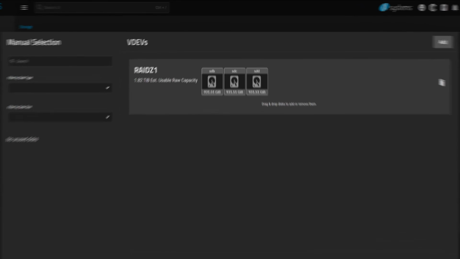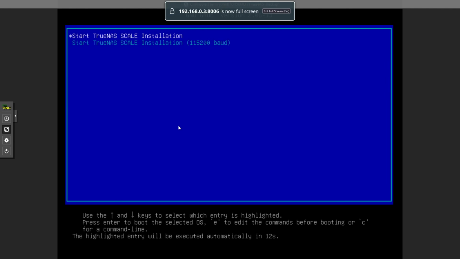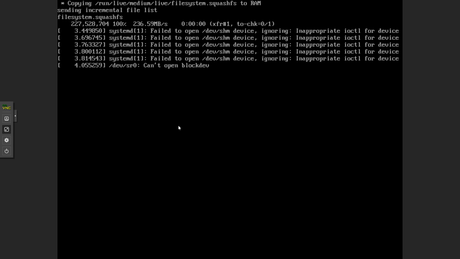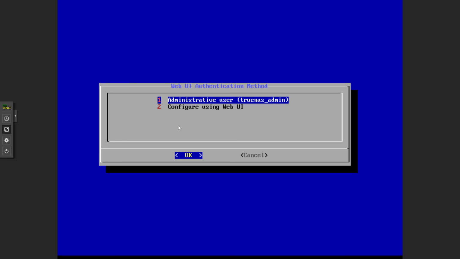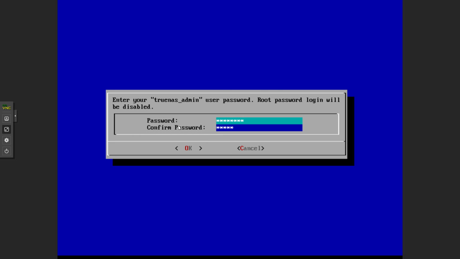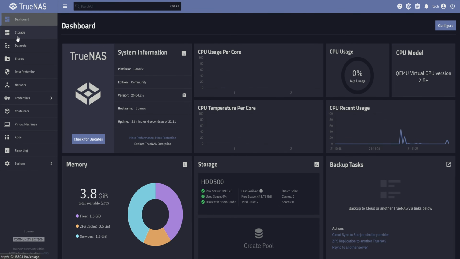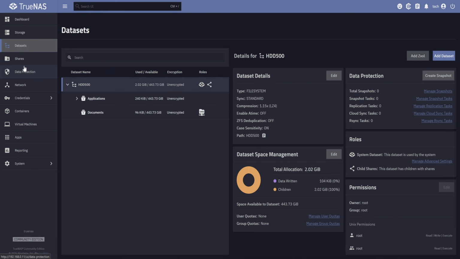Then we will take it a step further and test something bigger. What if we lose the entire TrueNAS device? Is the data still recoverable? We will rebuild a full TrueNAS setup from scratch and recover the storage pool, the datasets, and all user configurations